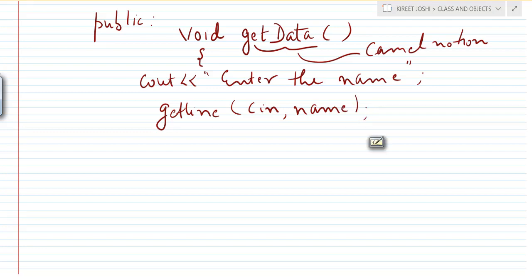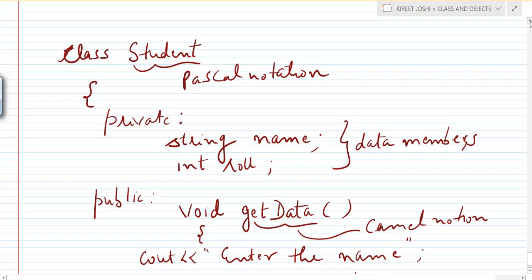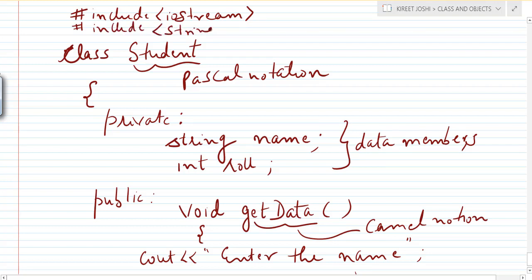Before this, when creating the class, you must include the two header files, iostream and string, else it will result in an error.